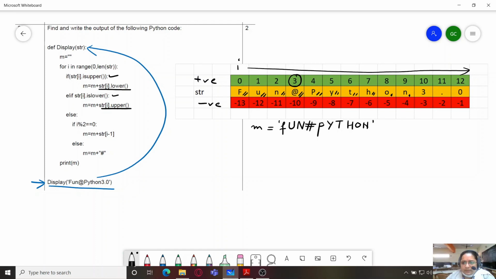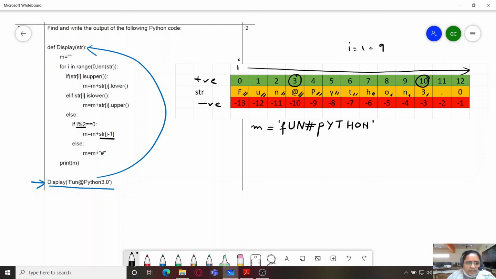Now we have 3. So we can see that 3 is neither lower nor upper because it's a digit. So we will directly come to the else part over here. Else part, is i divisible by 2? Yes, it is divisible by 2. So m equals m plus str[i-1]. So i minus 1 means, i's value is 10, so i minus 1 will be 9.